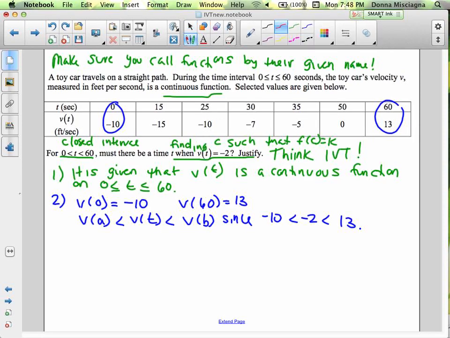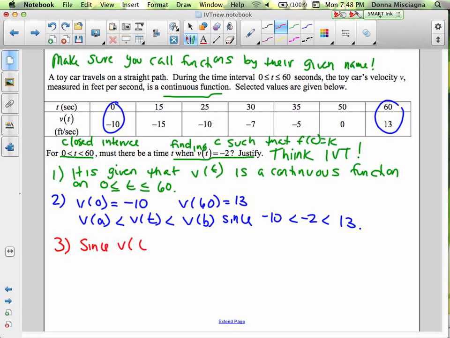This time we're not solving for c, right? It doesn't ask us. It says must there be a time? It didn't ask us what that time is, right? And actually, you'd be hard pressed to find what that time is. But we can know that there is a time, right? So since